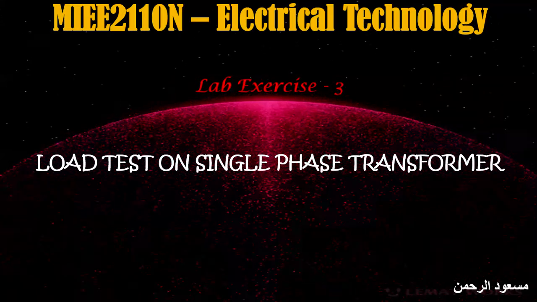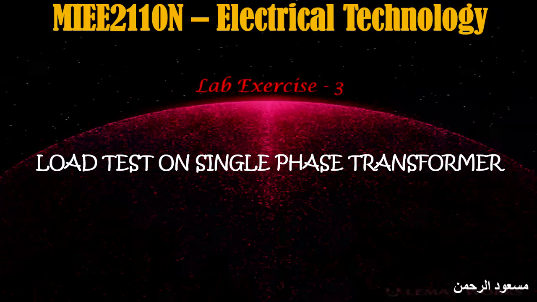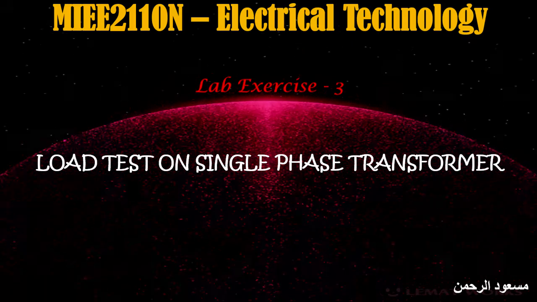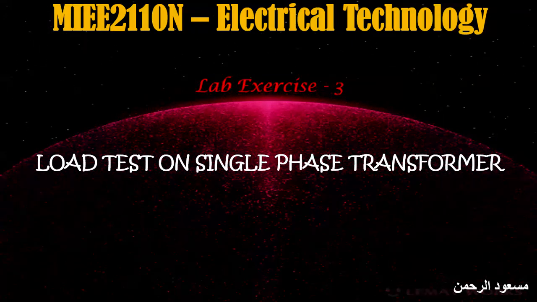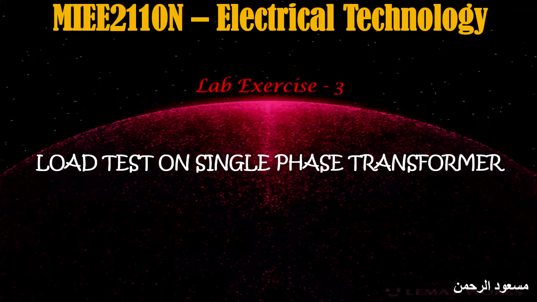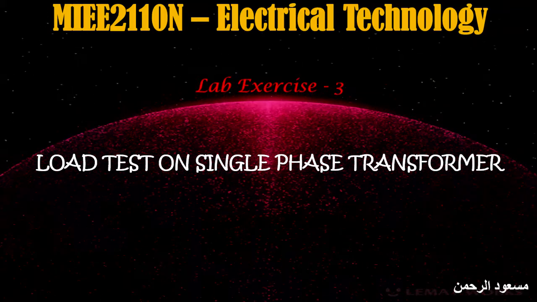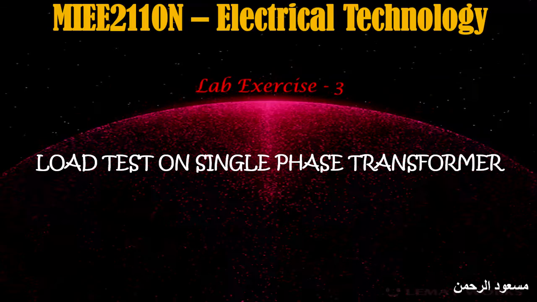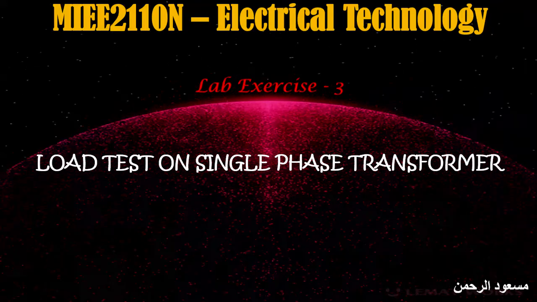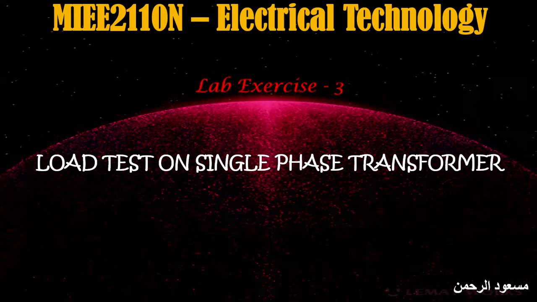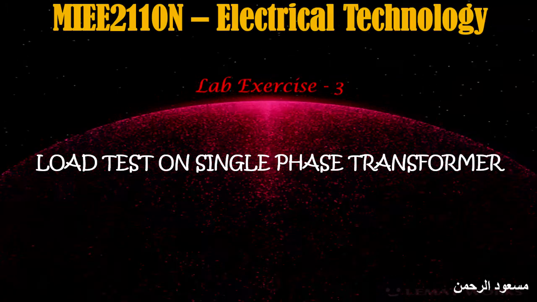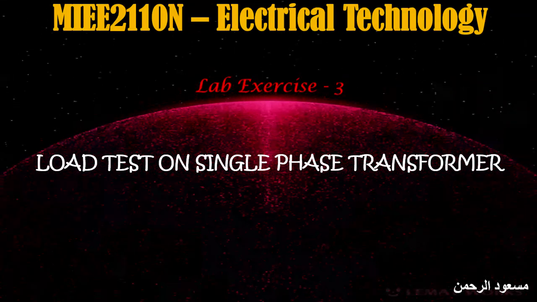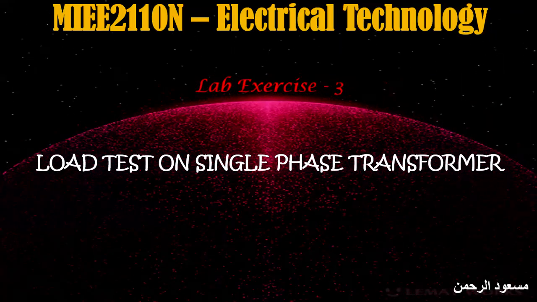We are going to directly apply the load step by step, and then find the power taken on the primary side and the secondary side for each applied load. We will obtain the efficiency using the same equation we used for solving efficiency problems. You remember that the efficiency equation for transformers or any machine is output power divided by input power, and in percentage, efficiency is output power divided by input power multiplied by 100. So we will go into the load test on single phase transformer.